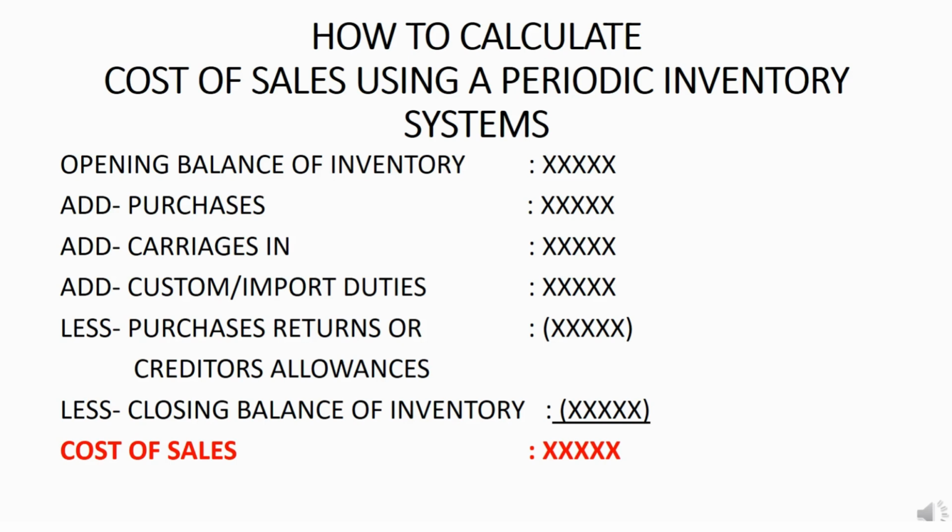Then you add custom or import duties. Some goods are bought from foreign countries. Whenever those goods enter our country, they need to be cleared for customs and import duties. Those custom or import duties cannot be avoided if we need this particular trading stock. Therefore, custom and import duties are also a directly attributable cost in making sure that we have these goods within our premises. Then we less